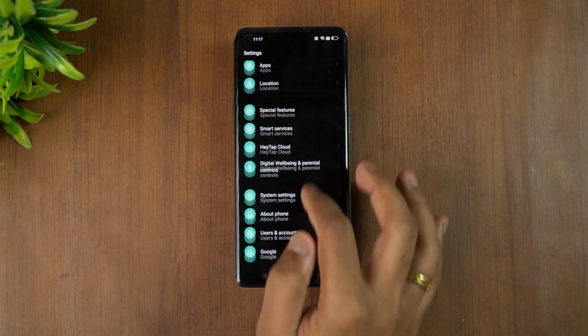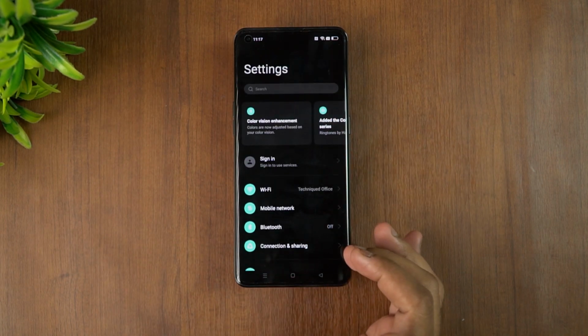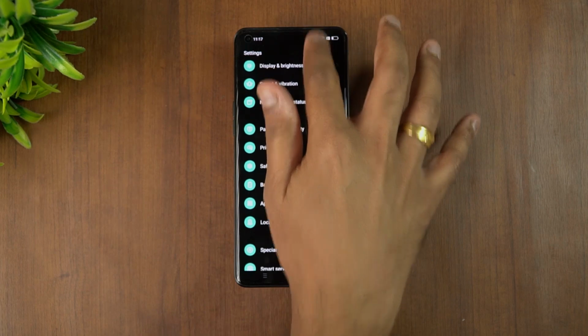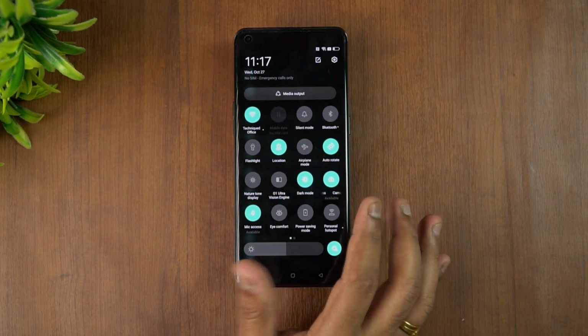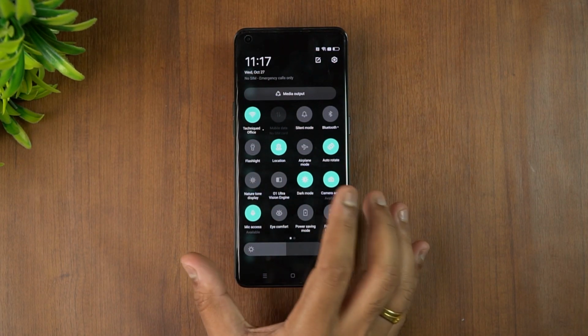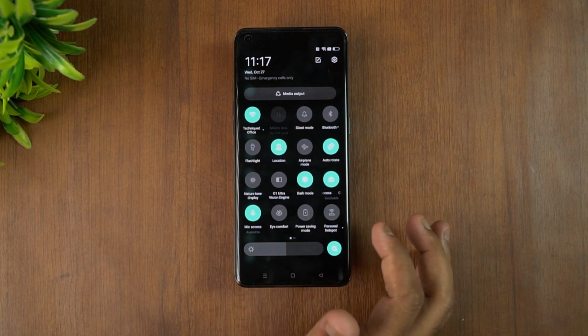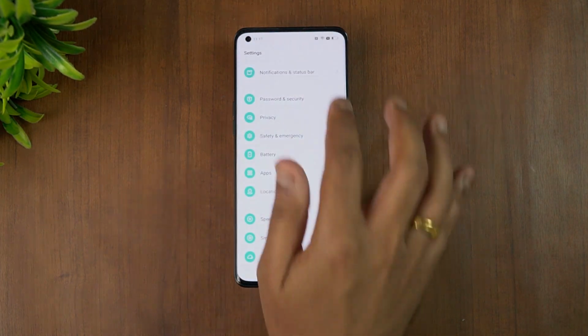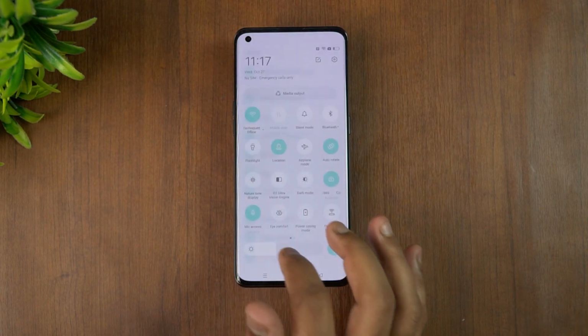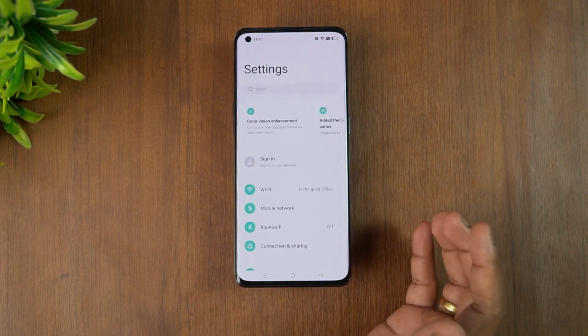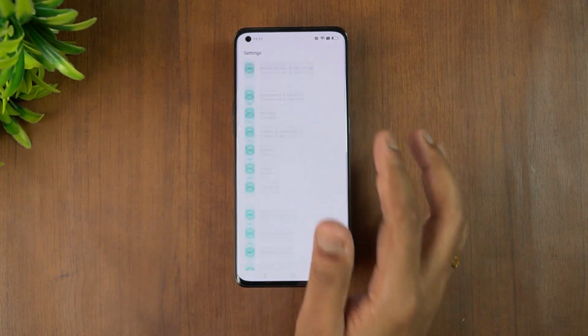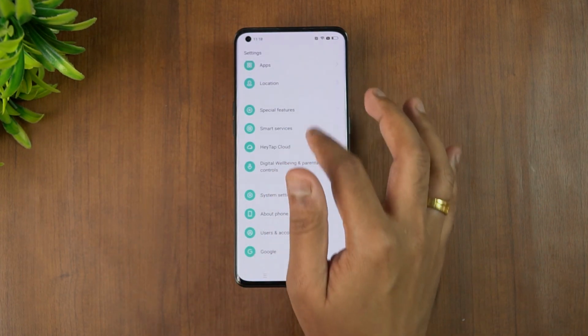Then if you come back, you can see that the layout has also been changed a bit. If you look at the notification toggles, again some changes are there. It is more user friendly now. You get the dark mode, so we'll just turn off the dark mode for a while. So this is the new UI with the dark mode turned off. You can see here it feels refreshing. Actually it feels really smooth, and the experience is pretty good.